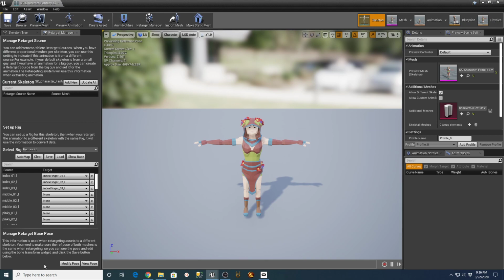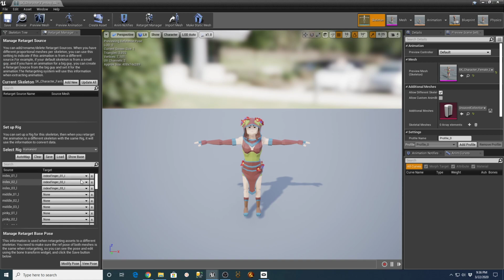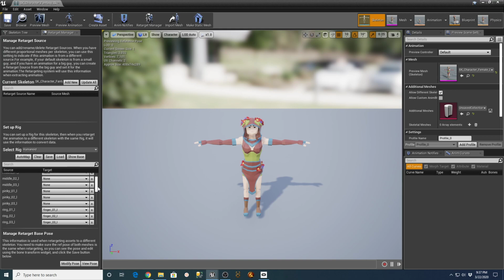Yeah, that's what I'm gonna try. I'm not gonna do all the animations. I'm just gonna do the couple for the jumping loops. But what I was saying the other night is this mapping file in the retarget manager for the Synty characters. I think where the problem is, if you look in here, their index finger is mapped correctly, but the middle finger and the ring finger and the pinky finger are actually all the same.